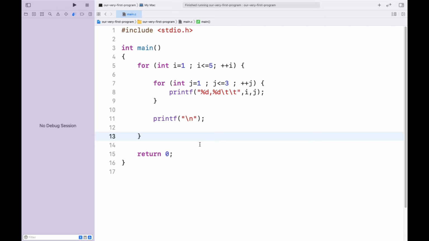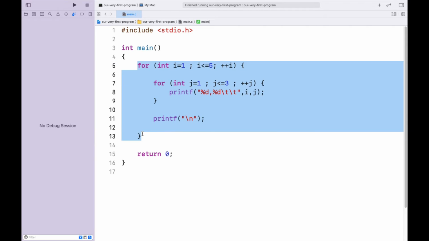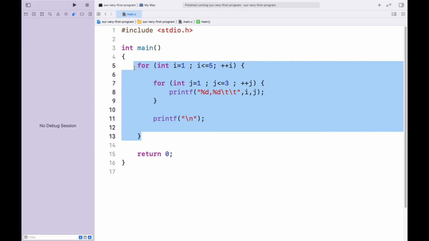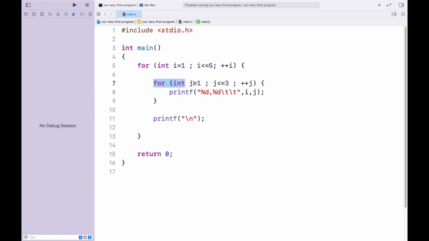So here is an example, a program that I have already written, and that program is simply a nested loop, a for loop inside a loop. The loop which is inside, or nested, is called the inner loop, and this is the outer loop. This loop is the outer loop with respect to this loop, and this loop is the inner loop with respect to this loop. The outer loop is getting iterated from I to 5 with a step of 1, so it is going to get executed 5 times, and the inner loop is going to get executed 3 times, because it goes from 1 to 3.